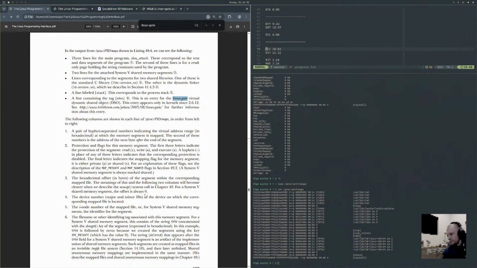Hexadecimal offset in bytes of the segment within the corresponding mapped file. The meaning of this and the following two columns will become clear when we describe the mmap system call, chapter 49. For the System V shared memory segment, the offset is always 0. So I think what happens here is you got the cat binary, and it's mapped into all these different locations, but you can see these offsets are different. And I think some of that is like ELF garbage that you have to offset past, but some of it is also like, well, these are different